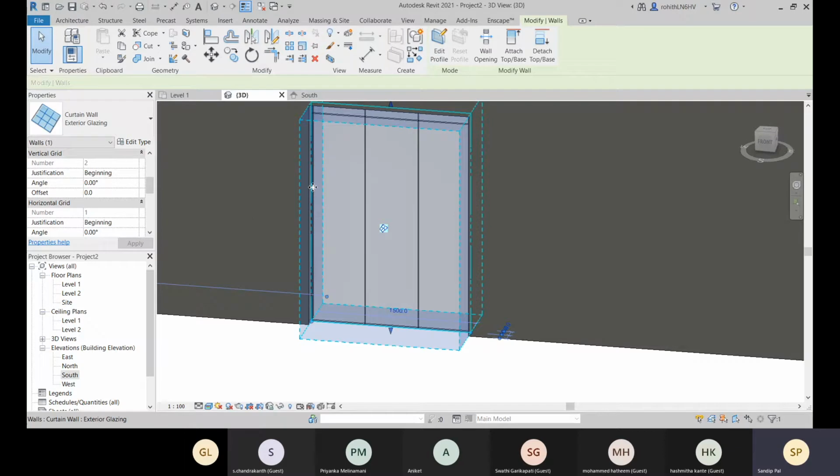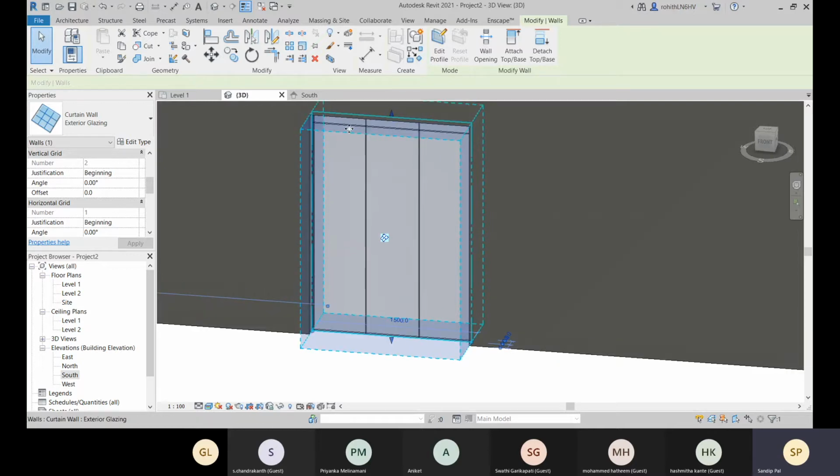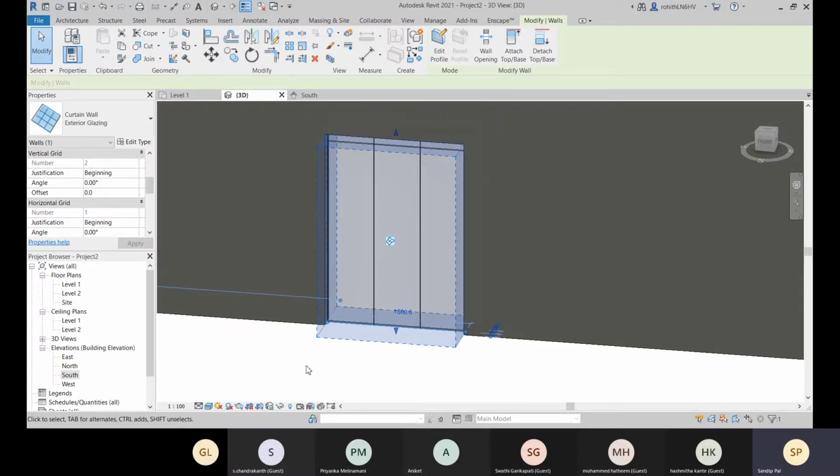It will always start from this border or the side edges. So from there 500, 500 and 500, and at the 2000 height you have this. So this is how you can do this with your exterior glazing type.